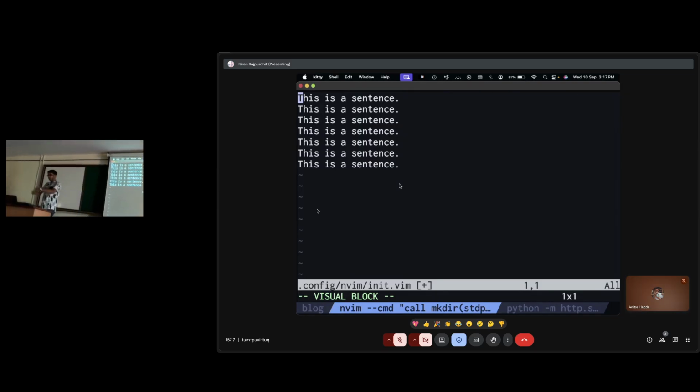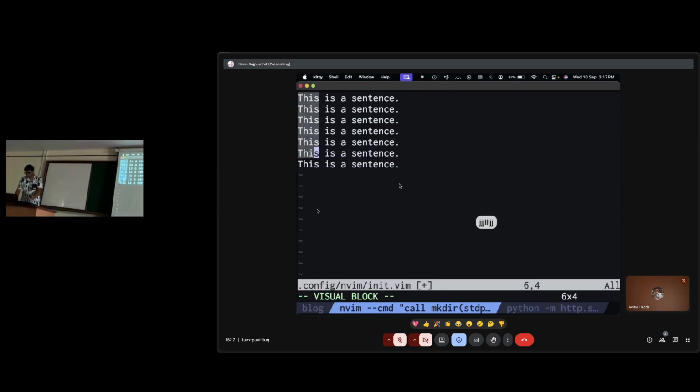Then move the cursor around, and you can select a rectangular selection. Is everybody following so far? Anybody not following?